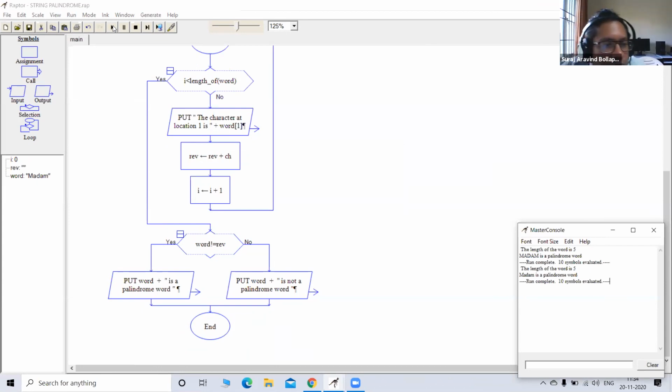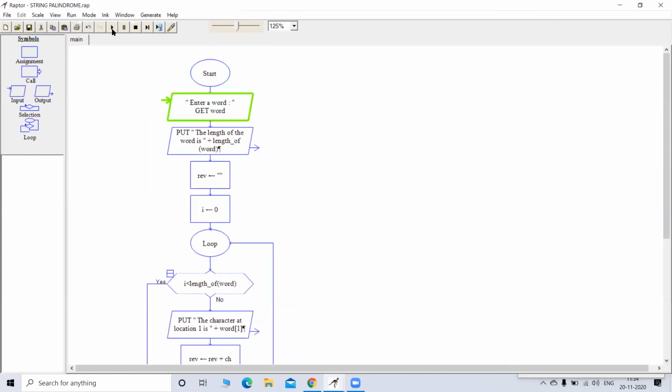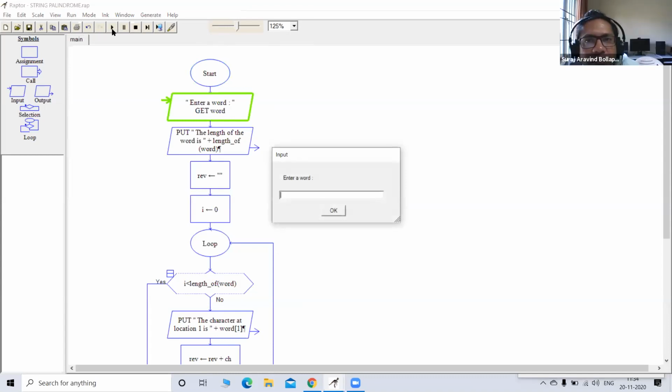Now we have taken an odd sized word. Let us check for an even sized word which is a palindrome. ABC, Mom. Even, it is also a palindrome.